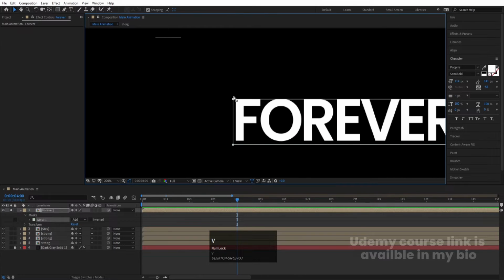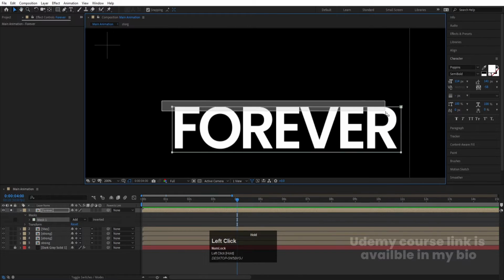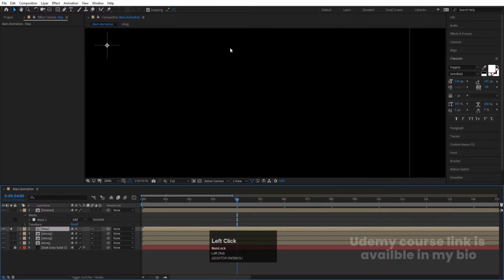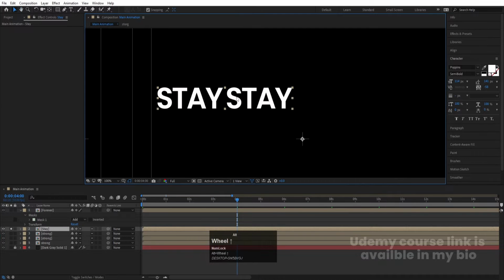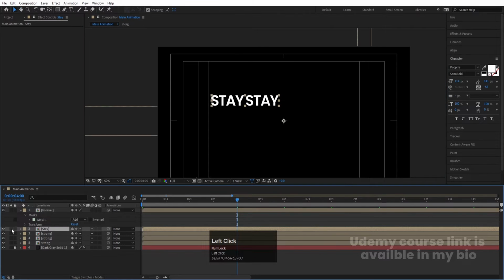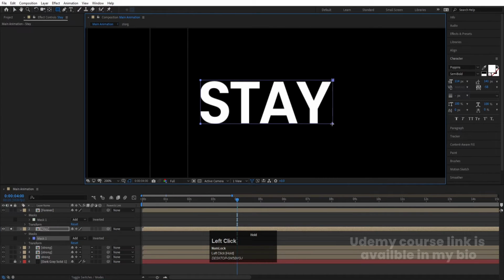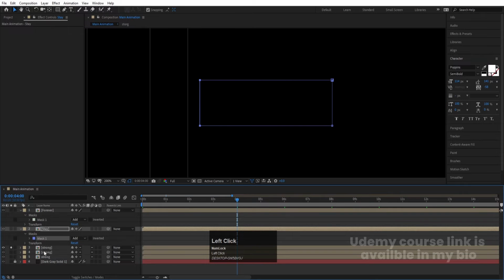Zoom in a little bit. I'm going to adjust this mask properly a little bit upward like that. Then I'm going to select this stay composition. Again, we will create a mask on it. Okay, so select your rectangle, and from here to here we will create a mask like that. Okay, then we will choose this strong,